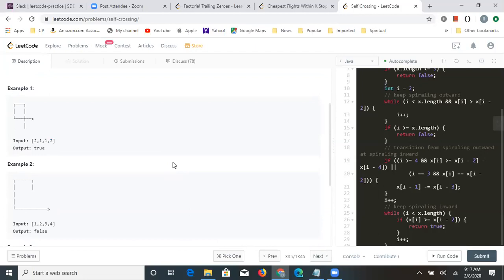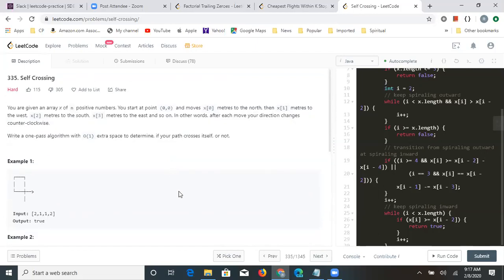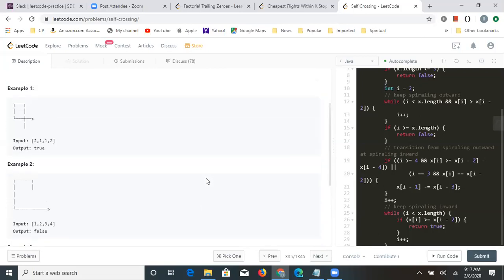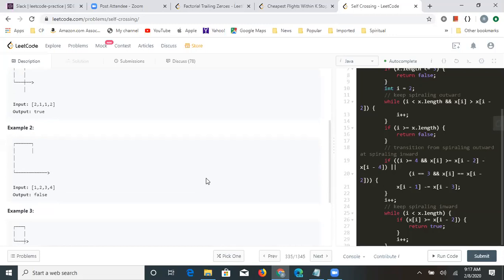So the problem seems pretty easy to understand, what we want to do. Anybody tried this problem? Yeah, I think that we go counterclockwise, right? And then we go the whole circle counterclockwise. So my initial idea was, if we want it to cut, when we go up, up, then the